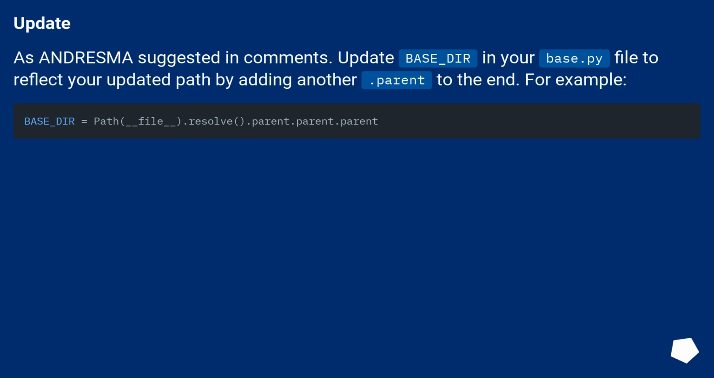Update. As Andresma suggested in comments, update BASE_DIR in your base.py file to reflect your updated path by adding another .parent to the end. For example,